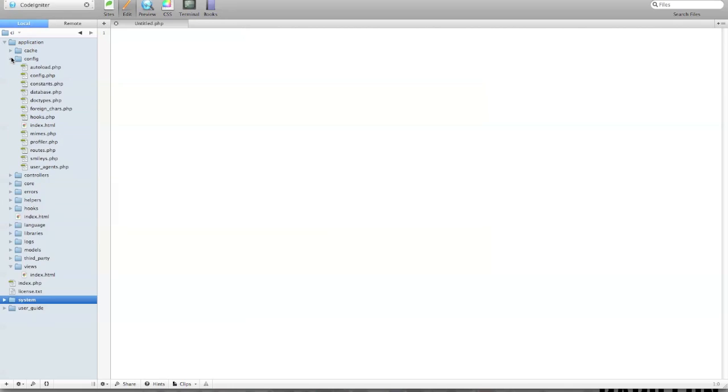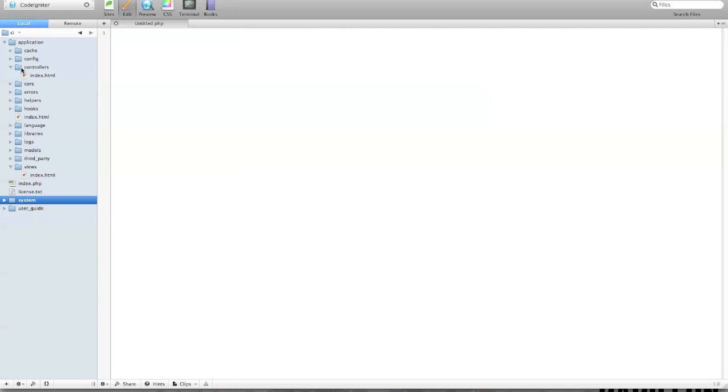So yeah, if you still have everything the same. The first thing we're going to do is create a new controller called blog.php. Opening this up in here, so it's already open. And we're going